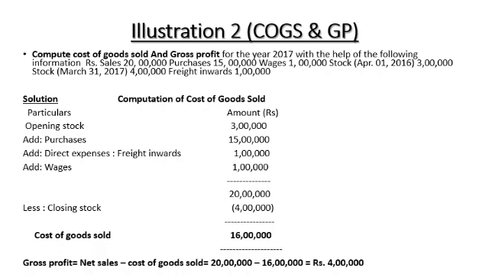You may observe that all the data come from the trading account, and this helps to calculate the cost of goods sold and the GP. It means the trading account basically deals with two things: the cost of goods sold and the GP. If the cost goes down, only then the GP may increase. If the sale increases, only then the GP may increase. So these are the two factors to increase the gross profit.